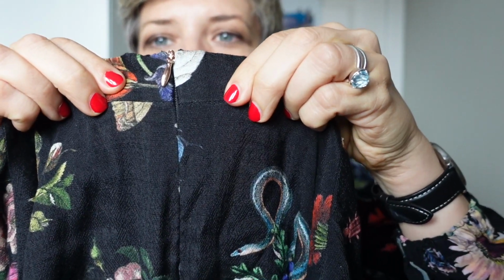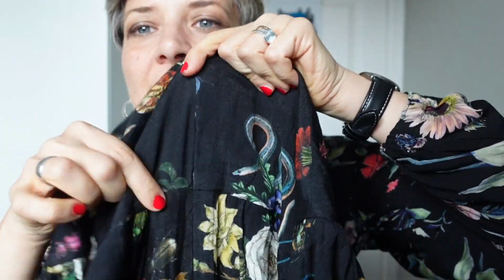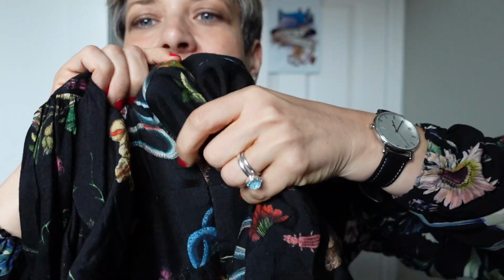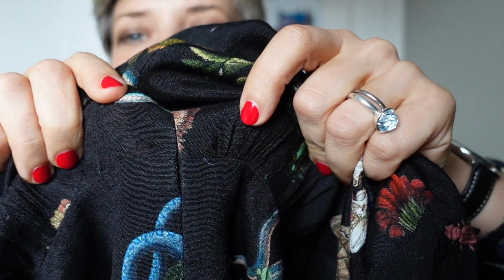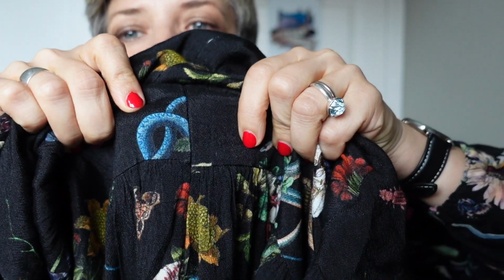If I pull it apart, you can just see the teeth there, but I'm thinking it's fairly invisible. My seams there match up not too bad, and just going down to the waistband, again, don't think that's too bad, and there we go, that's not too bad as well. So